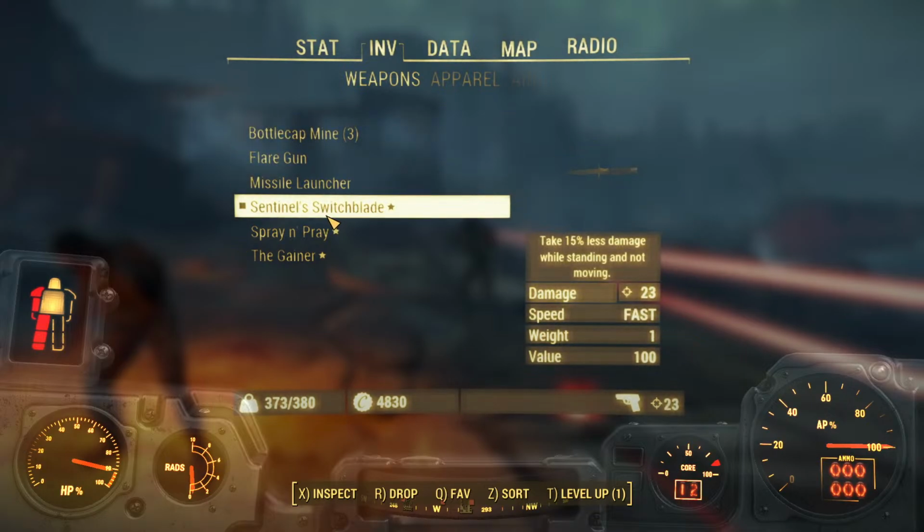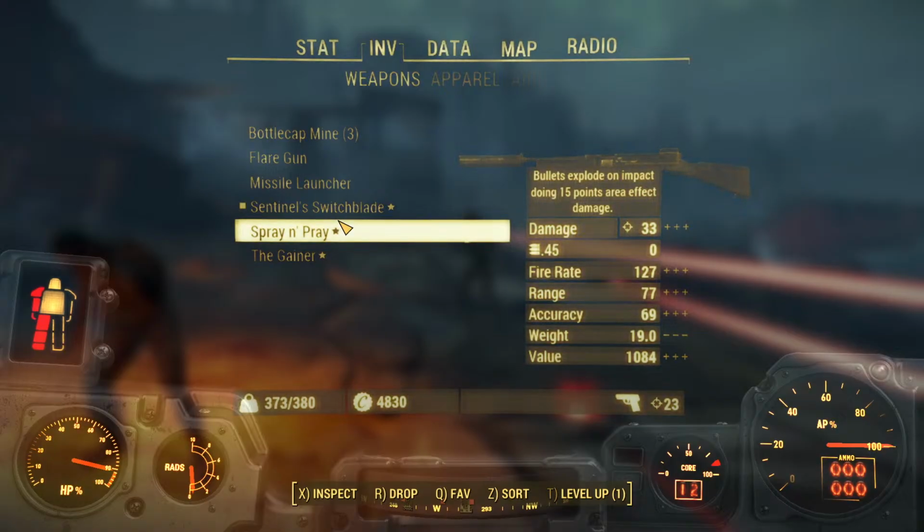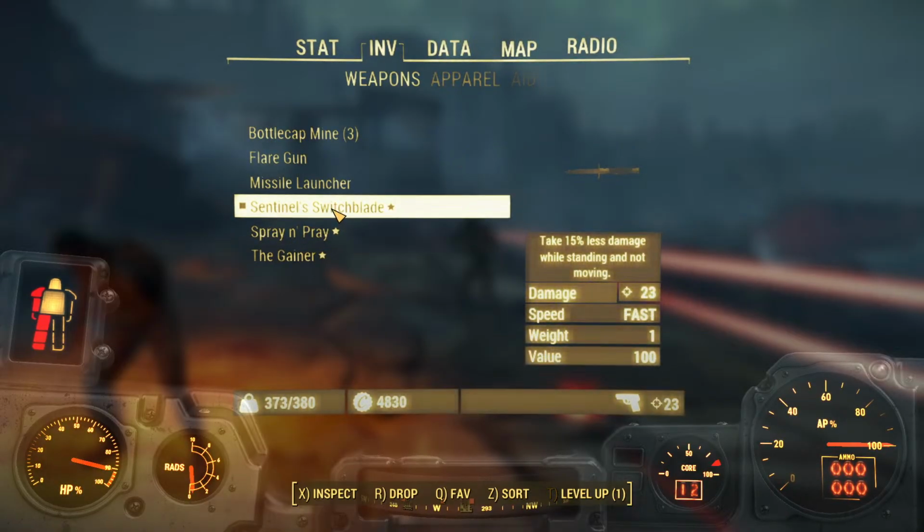Operator, sensors indicate you are accessing the ordnance section. I have successfully identified the missile launcher and